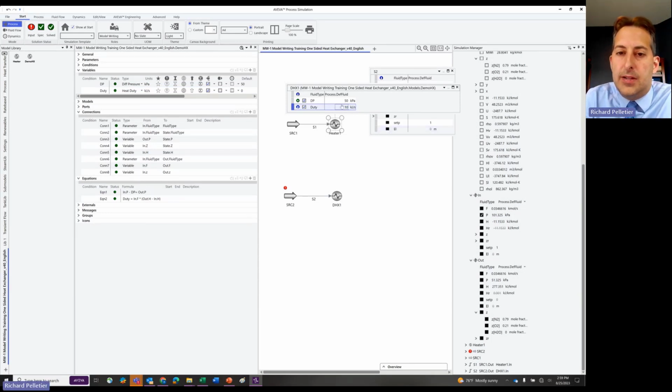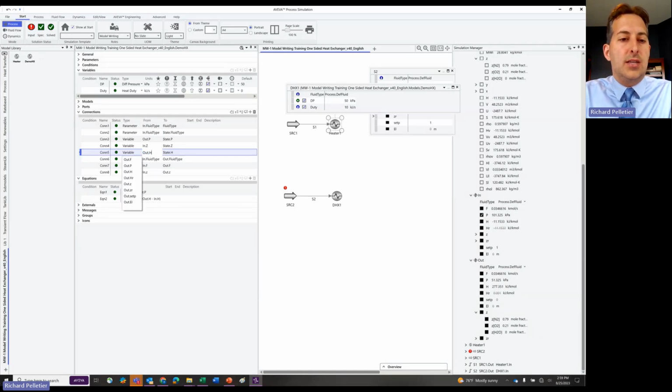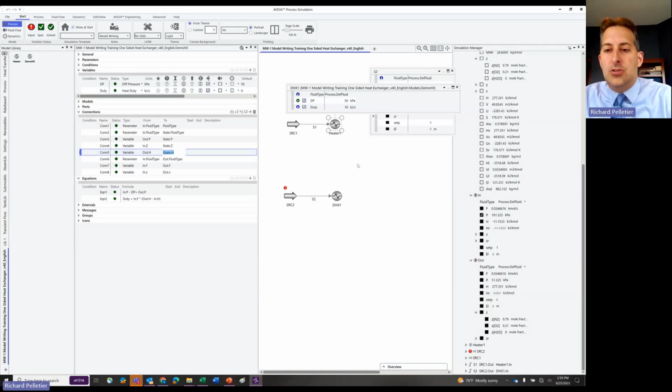Okay, so we added 10 kilojoules per second. This is our in, this is our out. It clearly changed, right? But our state did not change. And that's again because of this, right? We had a relationship before that equated the inlet to the state. So we need to adjust this yet again so that it actually takes the duty into account within the state